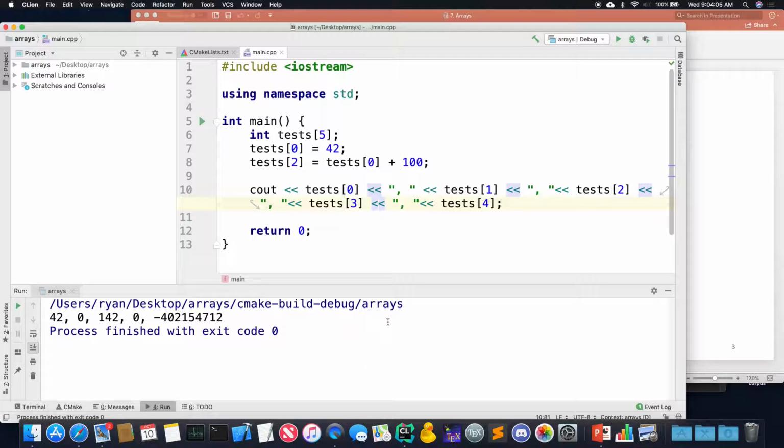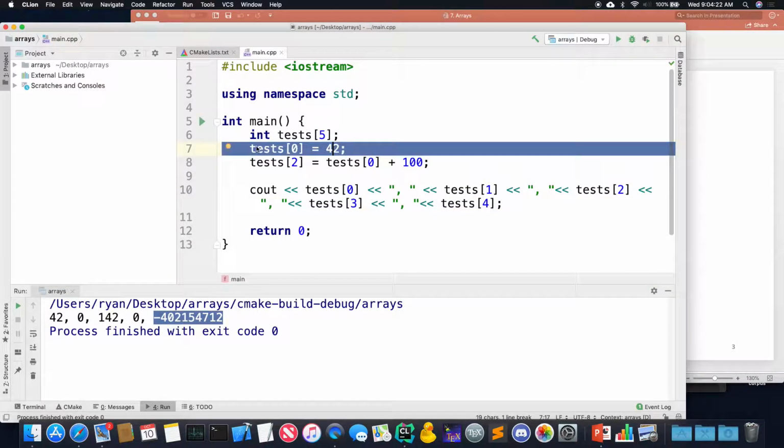Ooh, that's interesting. 1, 2, yeah, that's fine. I'm not sure why that's not initialized to 0, but that's really interesting. Ignore that for a second. Here I set 42 to be the first element of the array, which we see here.